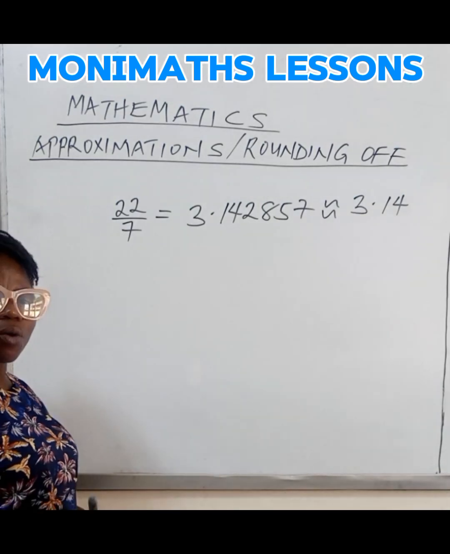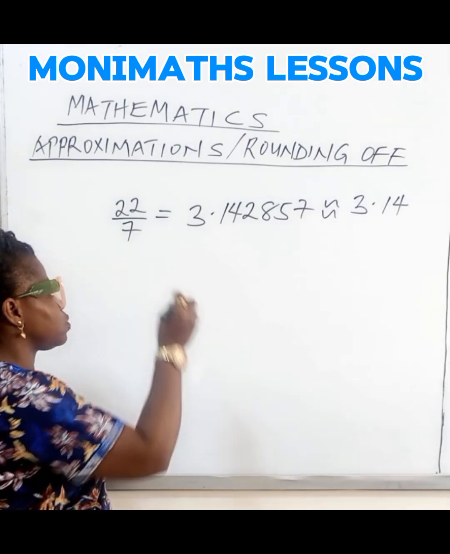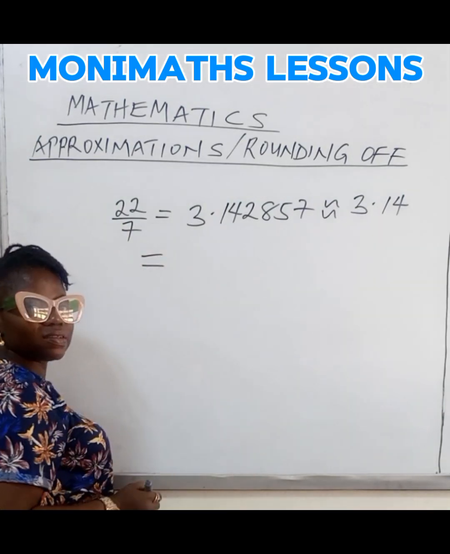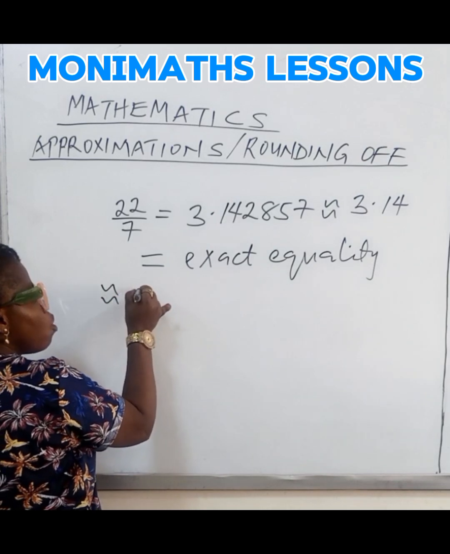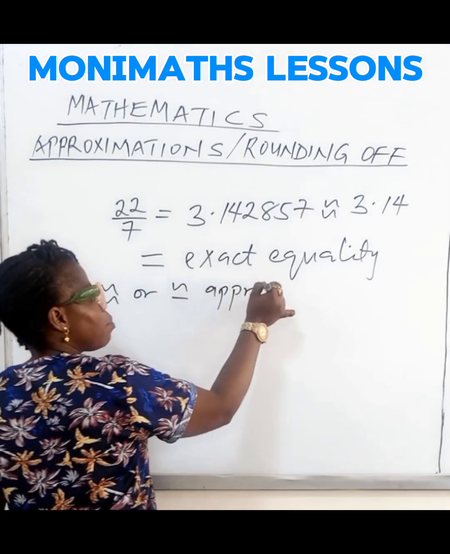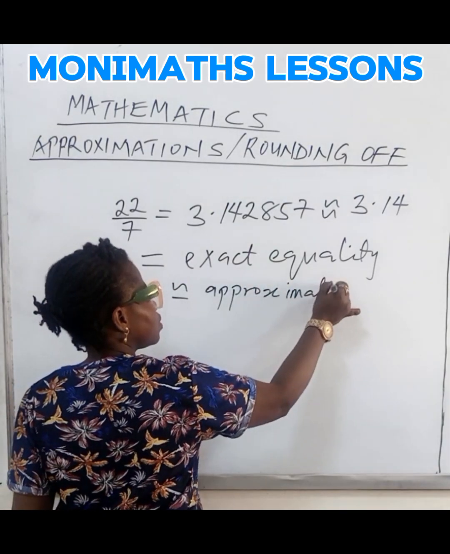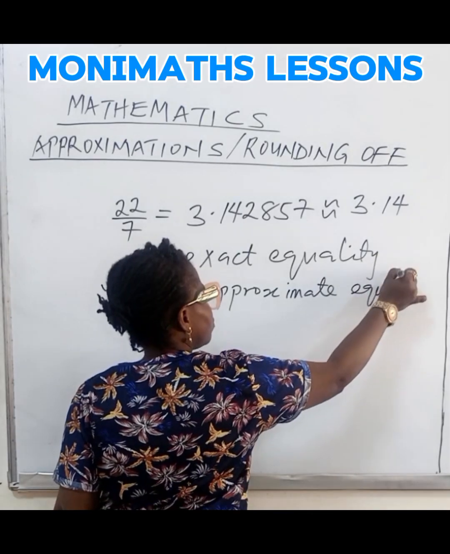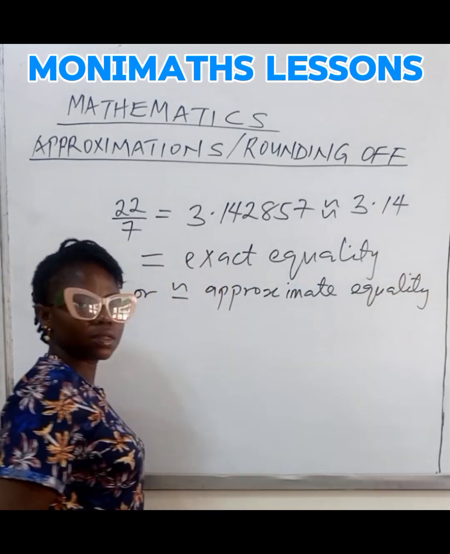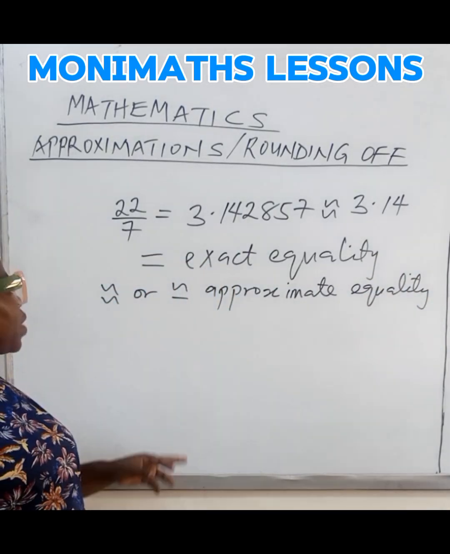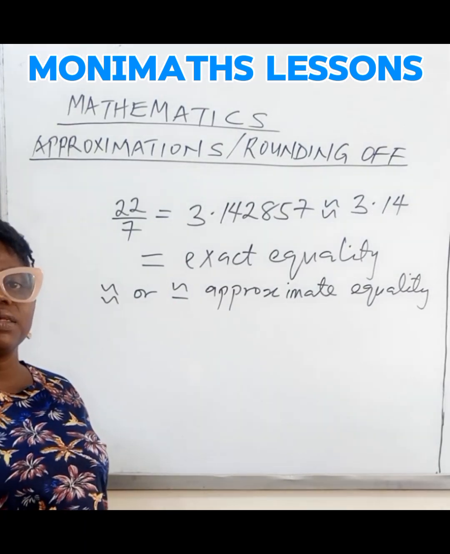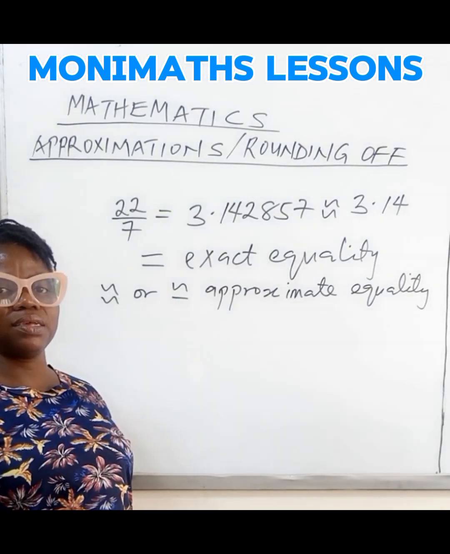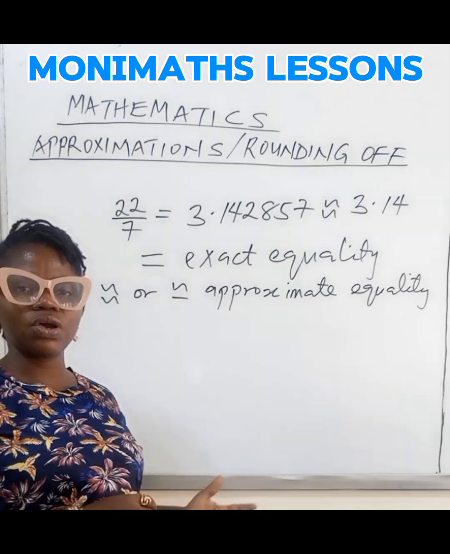And that is why I want to quickly talk about these signs. This is exact equality. This or this is approximate equality. So anywhere you find this sign or this sign is telling you that it is approximately equal to the other